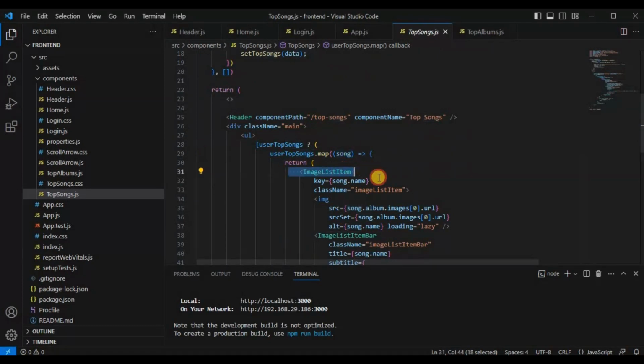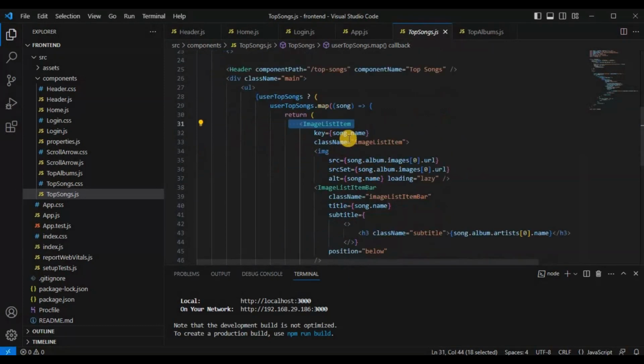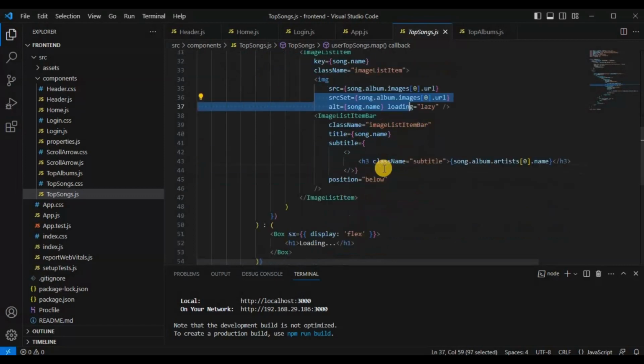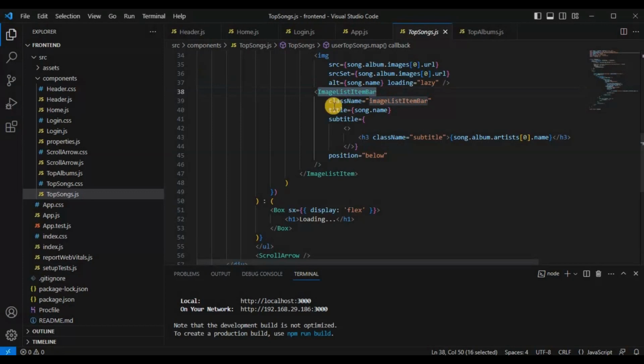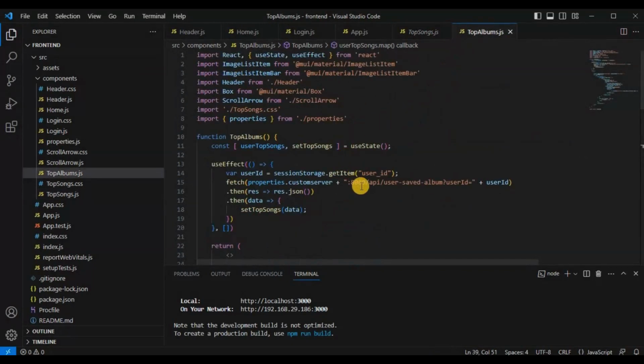So using the image list item we are displaying the data like song dot name. The album image is whatever album image we are showing over here, with src set, and also the image list item bar. So we are also showing the song dot name, song dot album dot artist name, all those things over here. And same for the album also. If we click on the album, then it is